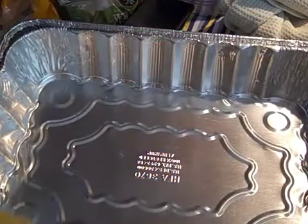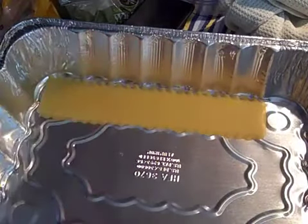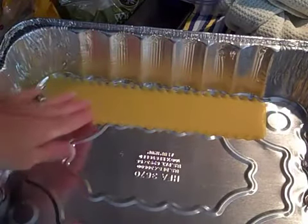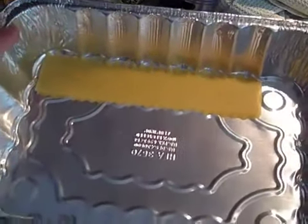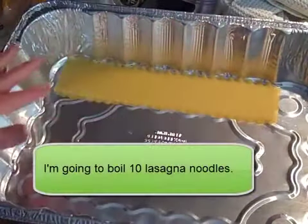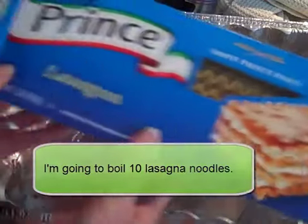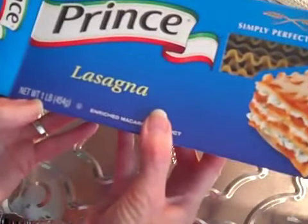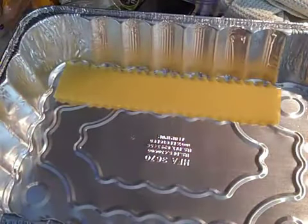To figure out how many lasagna noodles you're going to need before I cook them, typically you're going to do 2 layers of lasagna noodles. So if you can see this, I'm probably going to need 4 across, but then I've got this gap down here, so once they're cooked I'll do a 5th one. So I'm going to cook 10 lasagna noodles, and my box of lasagna noodles is a pound, but there are about 20 or 21 noodles in the box, but I'm going to cook 10, and I'm going to cook 5